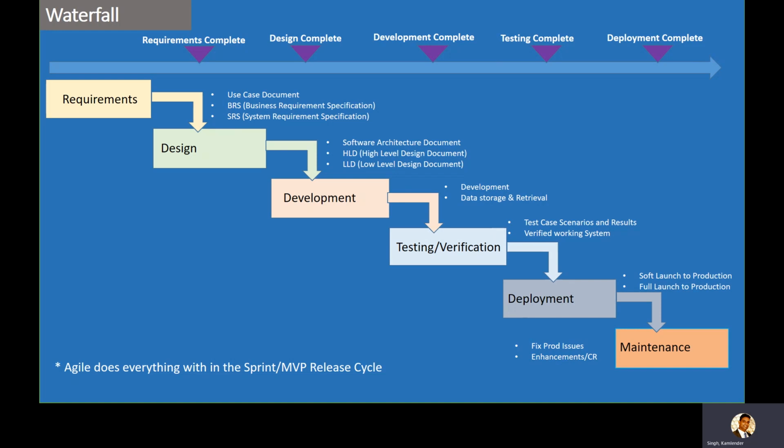So now once the project is deployed in production and the end user is using the project, then comes the maintenance phase, wherein if there are bugs or defects observed, which can be of severity 1, 2, 3, 4 in production, then this team, or the production support team, will keep on analyzing the bugs and fixing them. And not only fixing the defects, this team is also responsible for taking further enhancements based on the output from the customer.